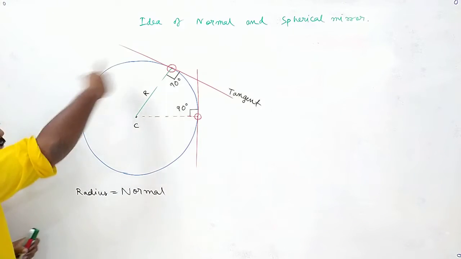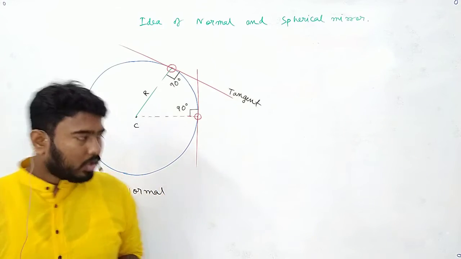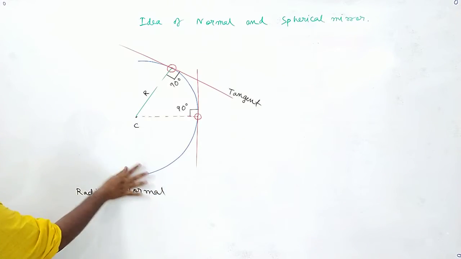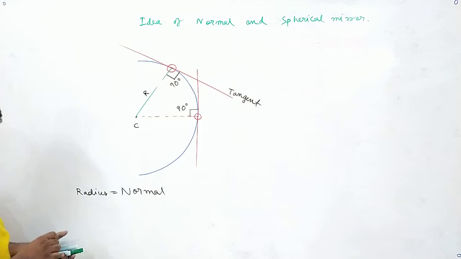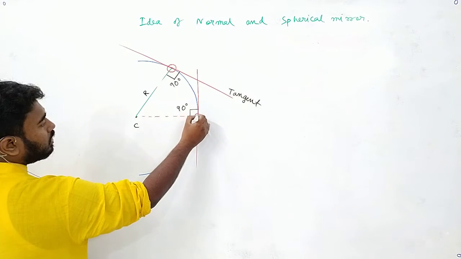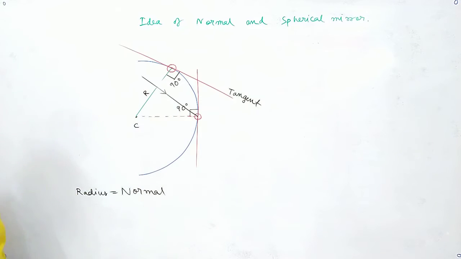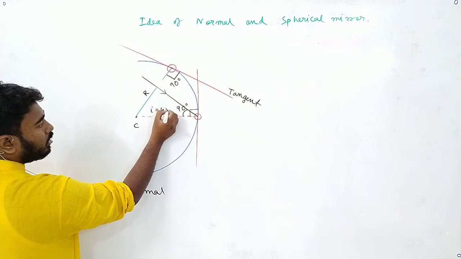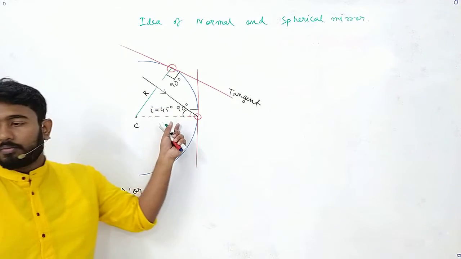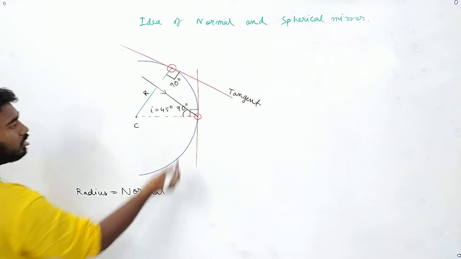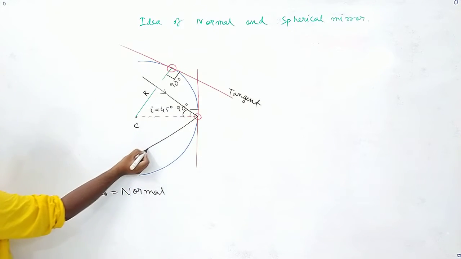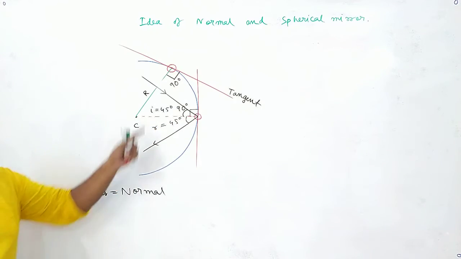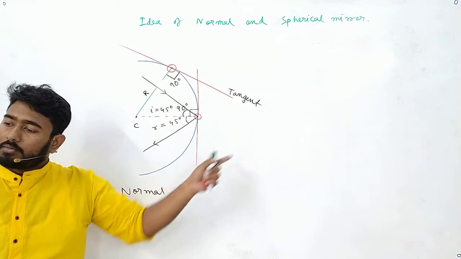Now if I replace this circle as a mirror, can I replace it? Okay, if I replace this circle as a mirror and I erase the other portions and I think of it as a mirror, can you tell me that if a ray of light comes and falls on this surface, and if I say this angle i equals 45 degree, can you tell me what will be the angle of reflection? 45 degree. Very good. So if the angle of reflection is also 45 degree, then if this one is also 45 degree, then can I say that it follows the laws of reflection?